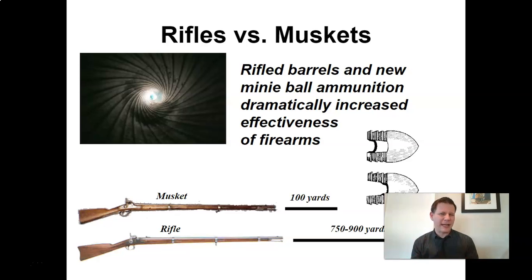So it's a little more aerodynamic, but in the middle, it's hollow. And if you can see, it's got some little grooves on the edge of the bullet. So it's smaller than the diameter of the barrel. So these bullets will just fall straight into the gun. But when you fire, the gas goes into that hollow part and it expands the bullet just enough for those grooves to catch the rifling in the barrel.